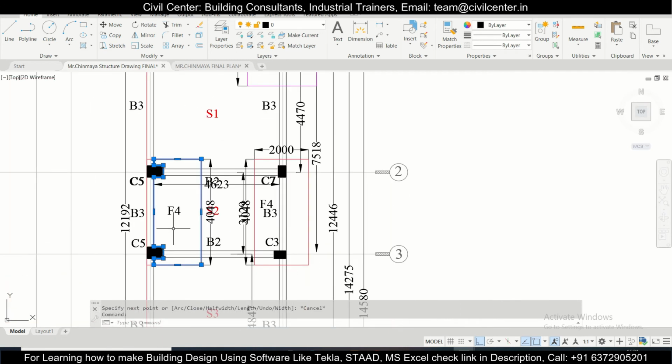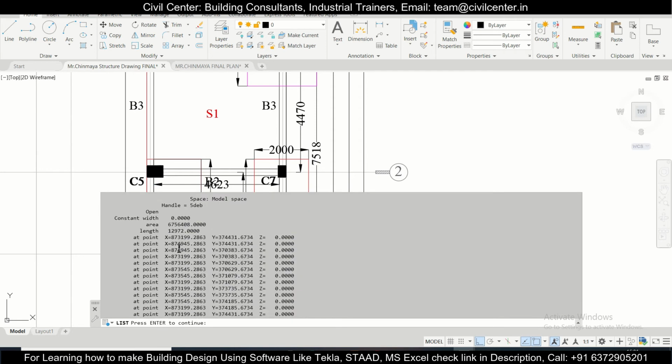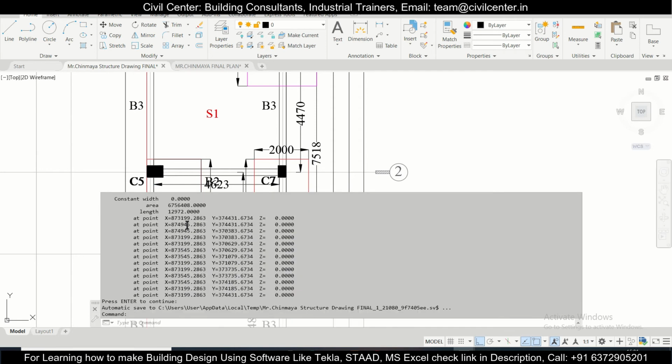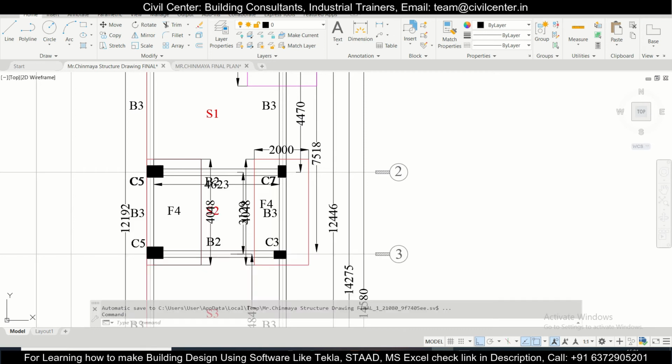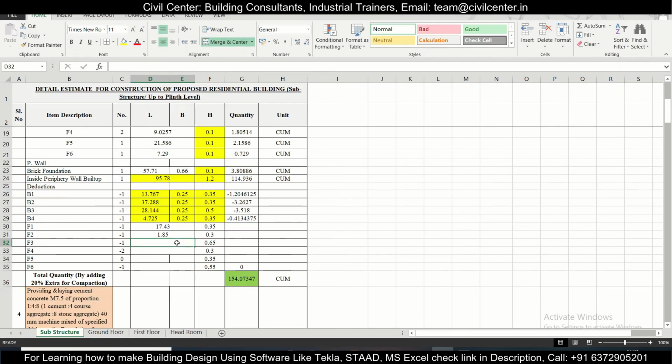This one is the portion of the F4. Enter. So this is an area of 6.7. So this is 6.7, and F4 also you need to calculate.